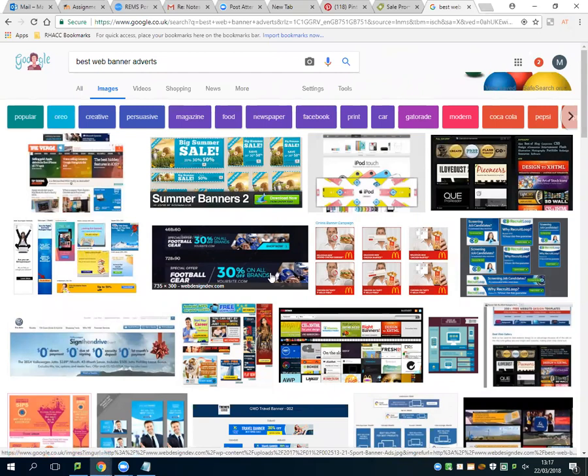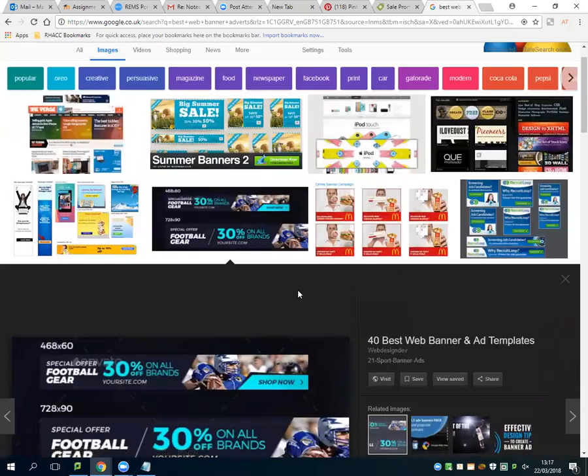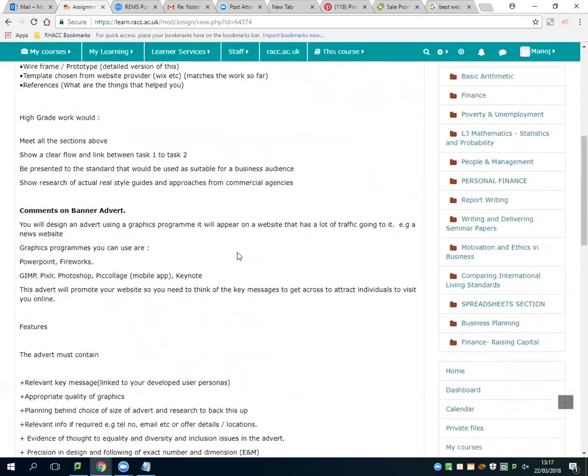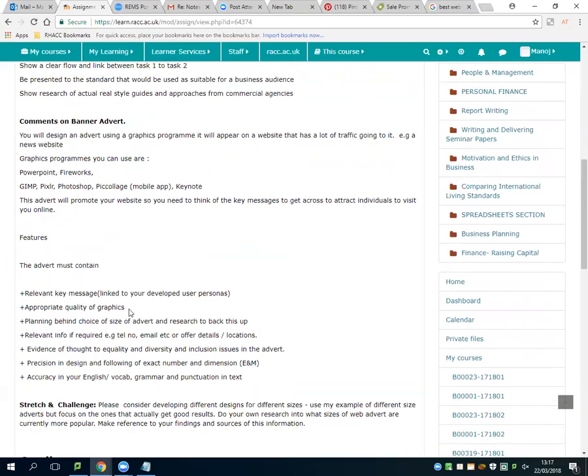So first of all, when it comes to adverts, there are certain sizes that are more popular than others on digital. And you want to do some kind of thinking beforehand. A good sort of research to do around this is explained to you below here, okay? Some suggestions are given to you. So this particular task,